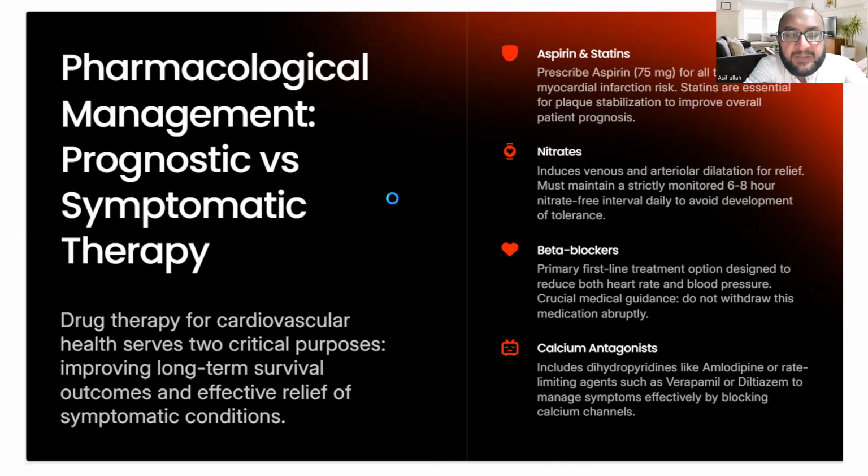One is for improving long term survival and outcomes, and the other for effective relief of symptomatic conditions. So aspirin and statin,